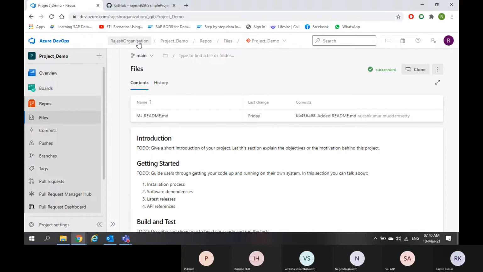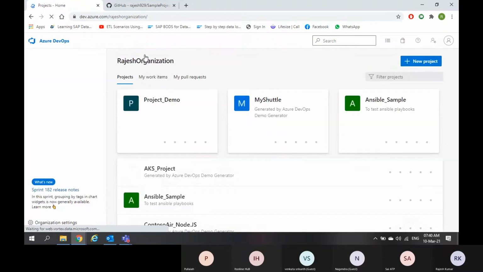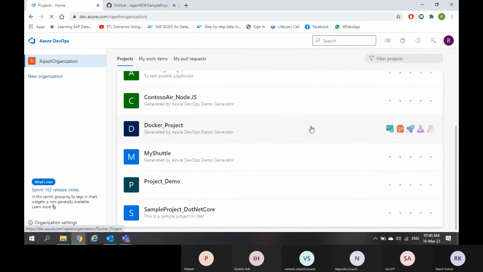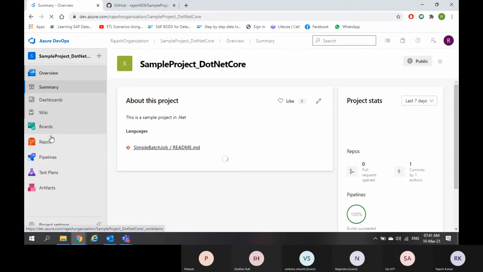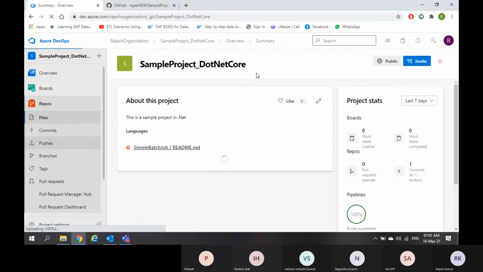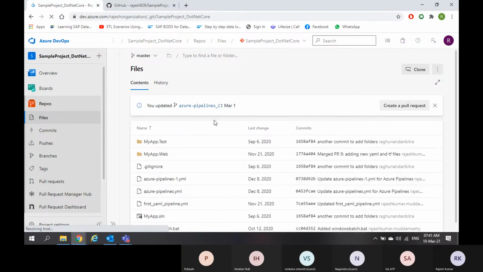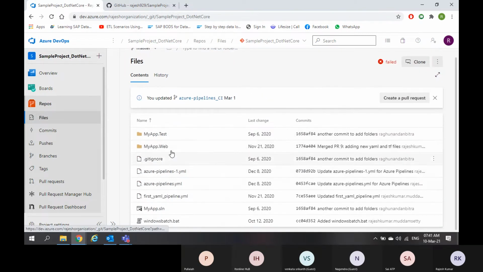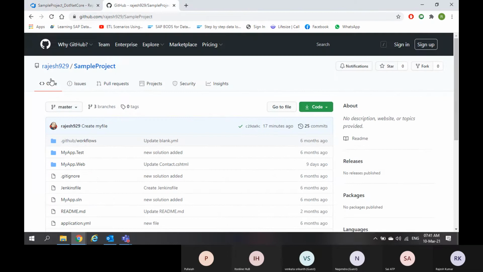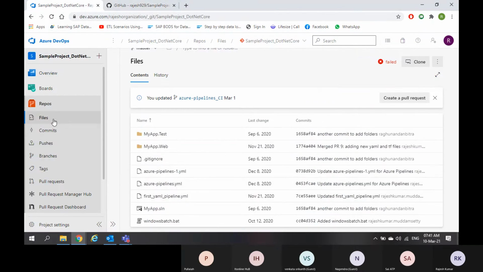Let me go to some meaningful repository where you will have all the files. So if I go to repos, see, here I have all the contents. Code section is nothing but the content section.